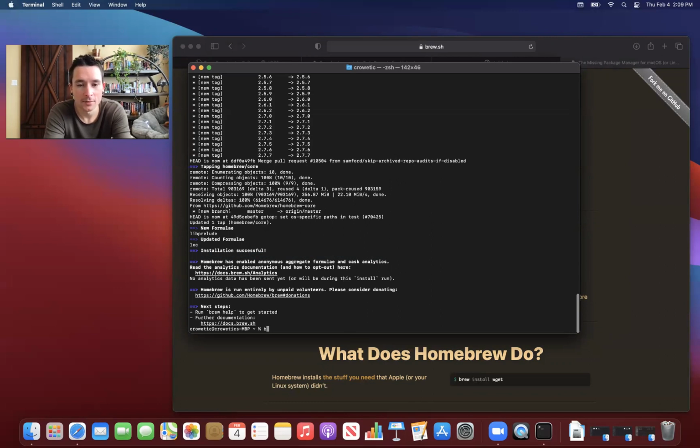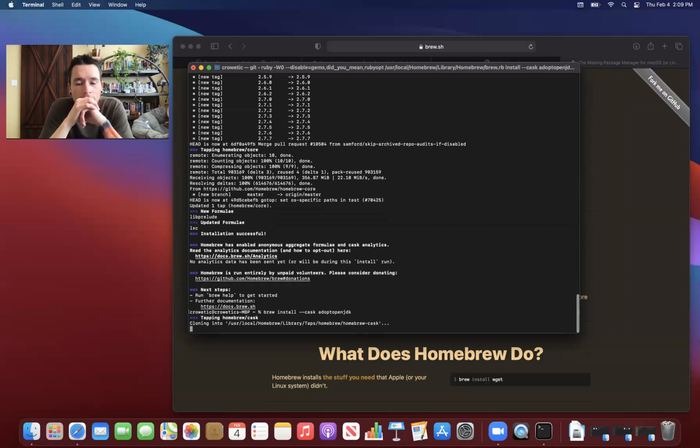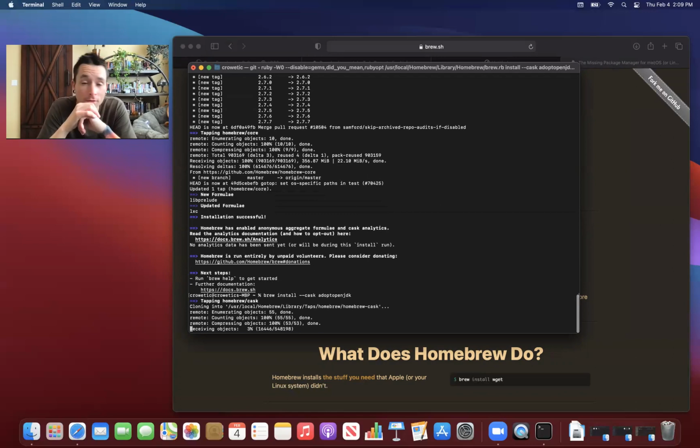And you can test that by doing the install command for OpenJDK, which is brew install, two hyphens, which in coder speak would be two tacks, and cask, then adopt OpenJDK, and that should do it. Push enter or return on the Mac,